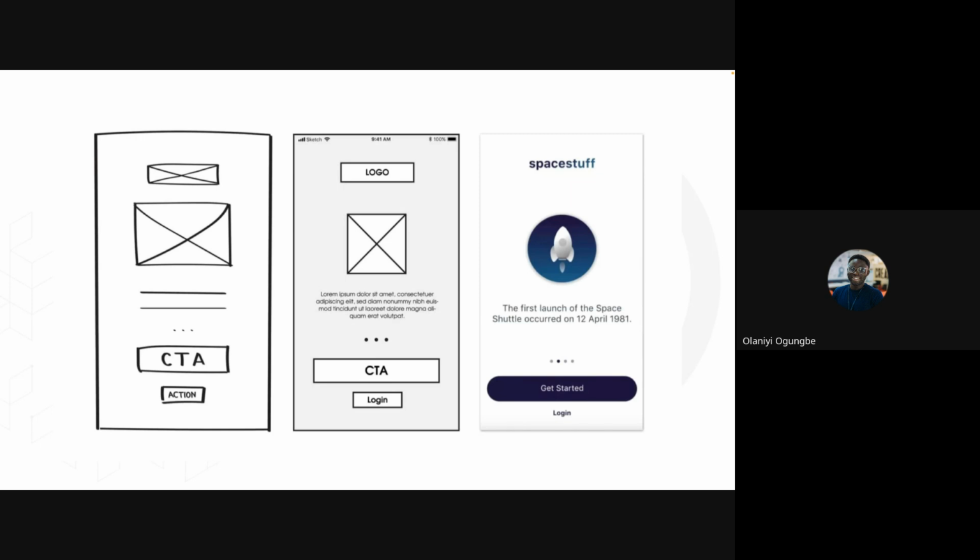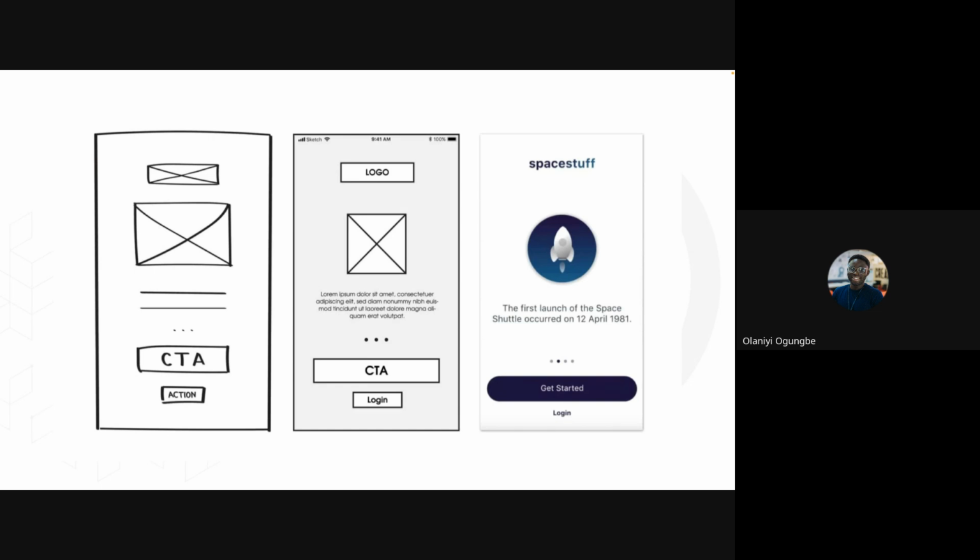So a wireframe is like a blueprint that shows the layout of your digital solution. Could be a mobile app, a desktop app, a web app, a website, any at all. The job of the wireframe is for you to be able to determine the layout, the skeletal structure, the bare bones of how the application would look and function.